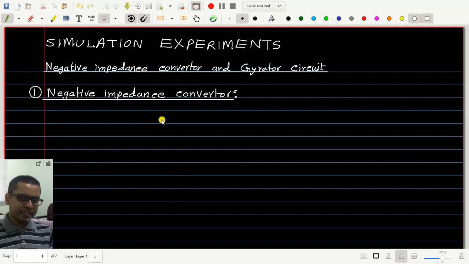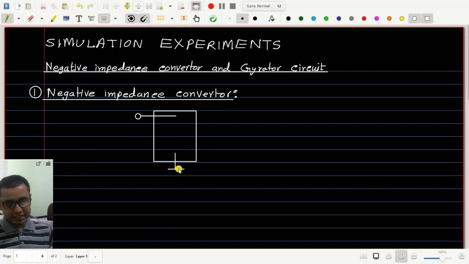Now, what do you think when I talk about a negative impedance or a negative resistance? Suppose we have a black box with two terminals, one here and another is a common ground. Between these two terminals we have a piece of resistance with value R. This value is not known to us and we want to measure this from outside.